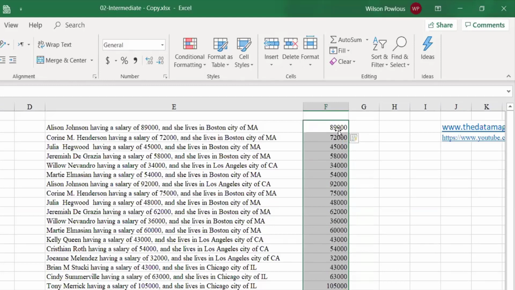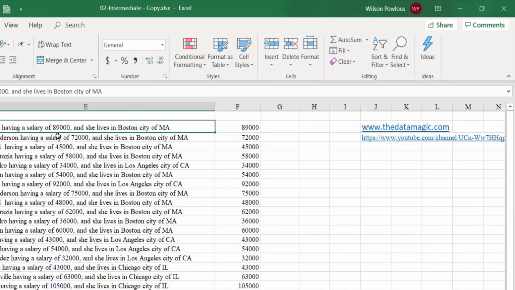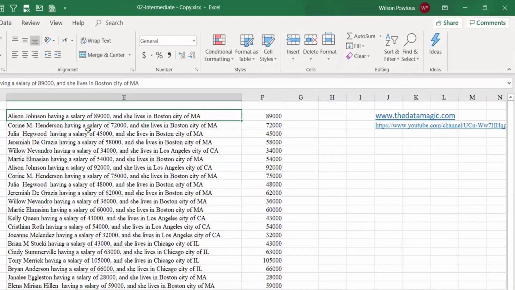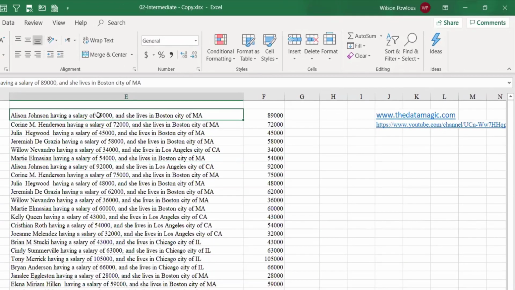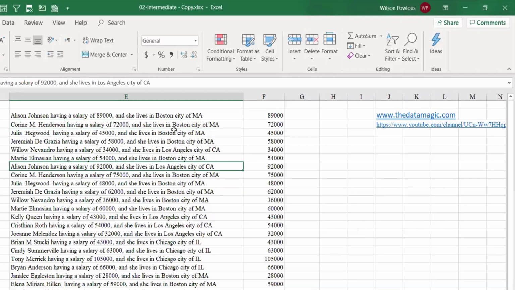What it does is it looks at this 89 in this sentence and understands that I am looking for a value from this entire sentence. So here it has taken 72,000, here 45,000. This is very, very useful because you don't require to write any formulas at all. Otherwise, writing the formula is very difficult. You have to look at which is the number here, or the exact position, you will not get it, because this 89 starts somewhere, maybe at the 30th position. Here, this 72 is starting at, say, the 40th position. So you can't really write a dynamic formula which can give you this.